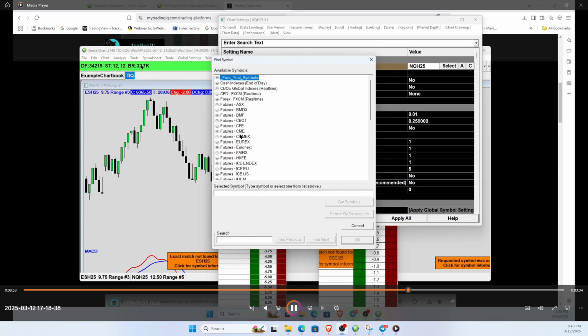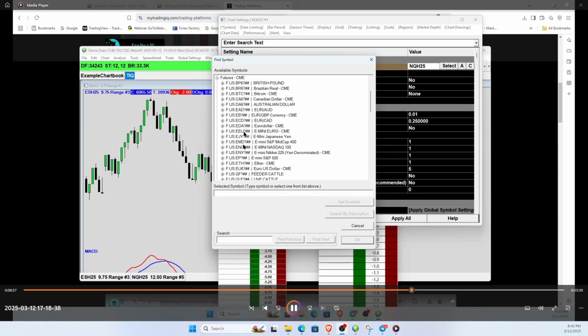Okay, so I was looking on this one, I think I was looking for the NQ. So look for the CME, and within the CME, you find the f.us.nq1. All right, it's right there. Choose it. It's right there, Michael. Let's choose it. All right, so I choose that and grab the H contract, which, by the way, we're going